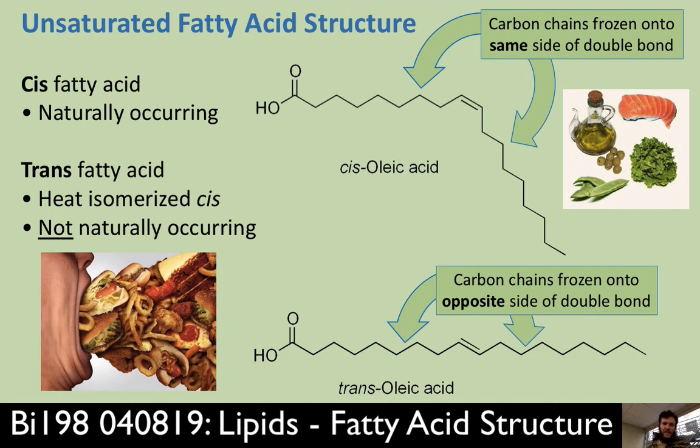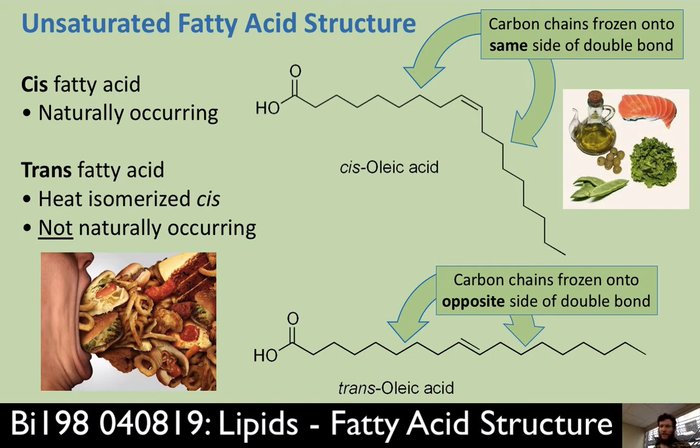If you take a cis fatty acid and heat it up, you can actually drive a cis fat to a trans fat. You can give it enough energy to overcome that barrier to rotation and become a trans fat. So a lot of the cis fats that are in your diet are really good for you, right? They're like fish oil and the oils that you get from various vegetables like olive oil or peas or kale, or all these foods that are healthy for you. But if you heat them to very high temperatures, you can convert cis fatty acids into trans fatty acids.